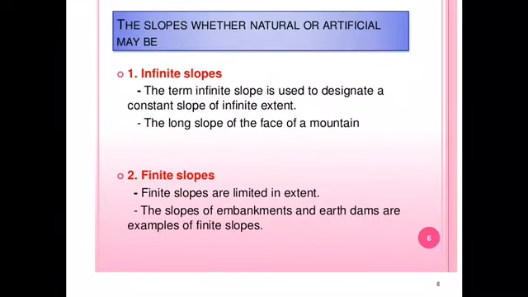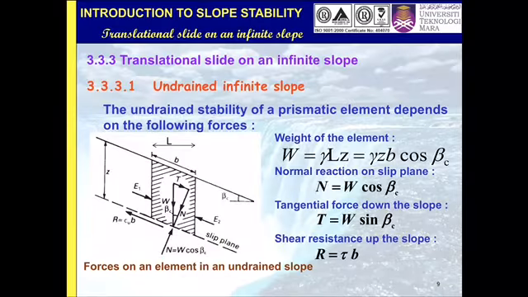Right, slopes, whether natural or artificial, man-made, are divided into two types. Infinite slopes, an example of which is the long slope of the face of a mountain, and the second one is finite slopes, which are limited in extent, and examples are the embankment and earth dam. Okay,